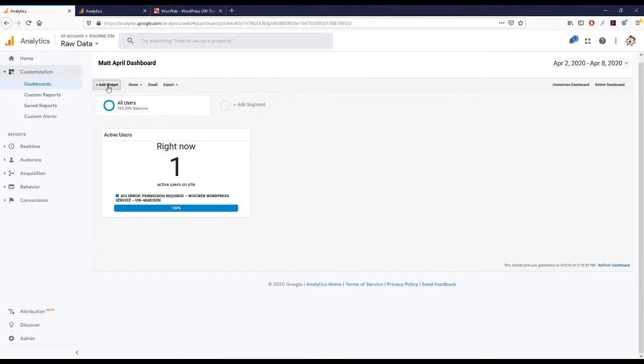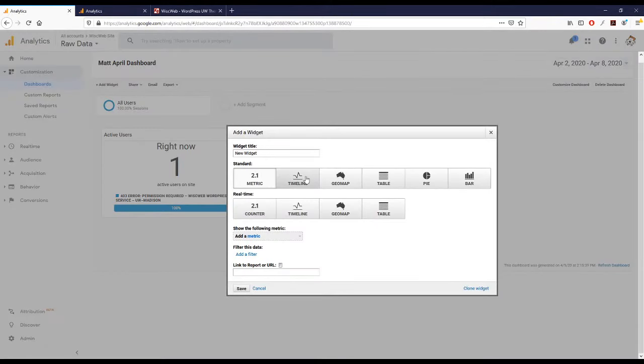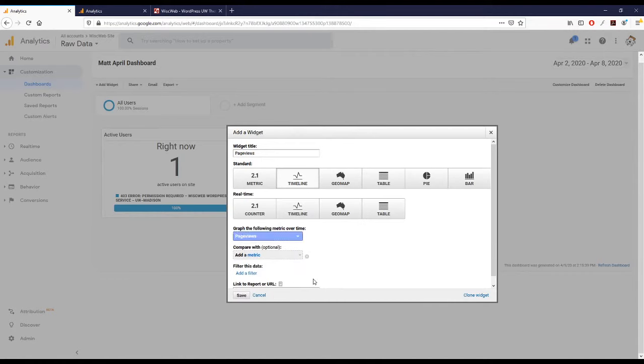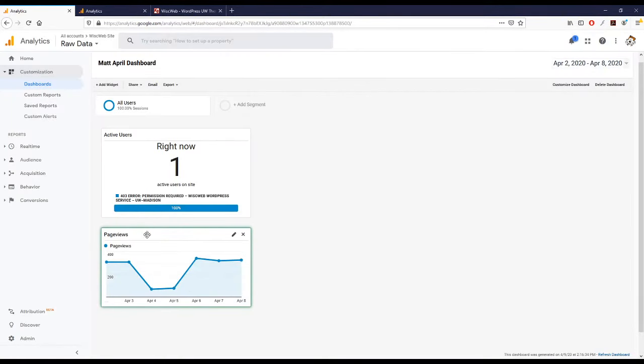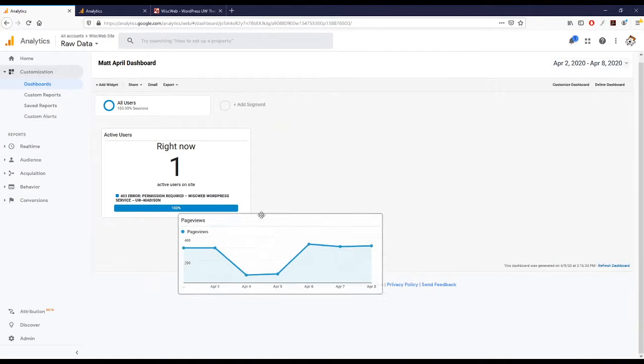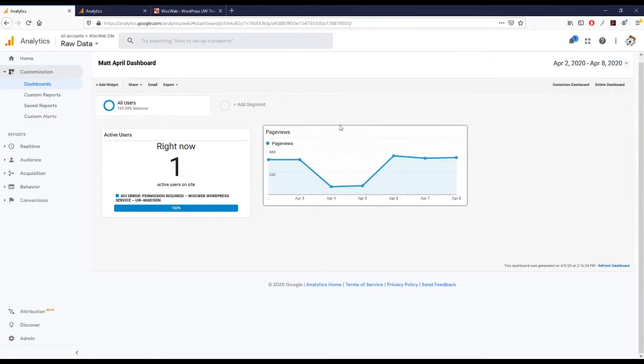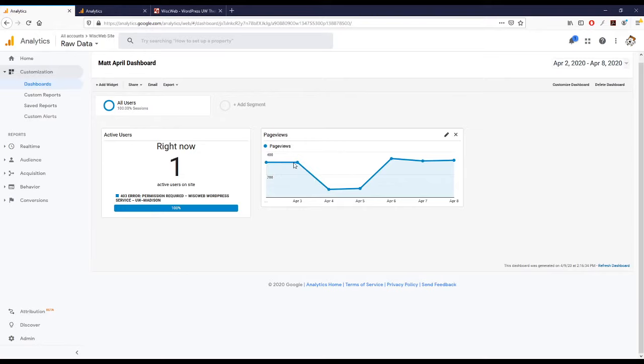I can add another widget by clicking up here. And let's do a standard timeline. And I think I'll add page views. So I'll add that metric and I will click save. And that one will go there, but I can drag and drop it because right now my dashboard is in, I believe, 3 columns at the moment. Yep, it's a 3-column layout. So now I can see page views over the past